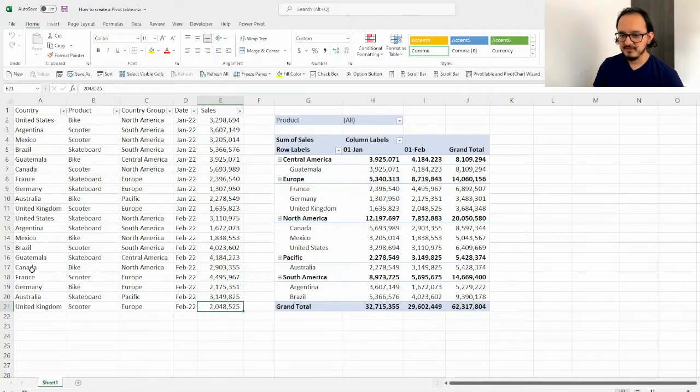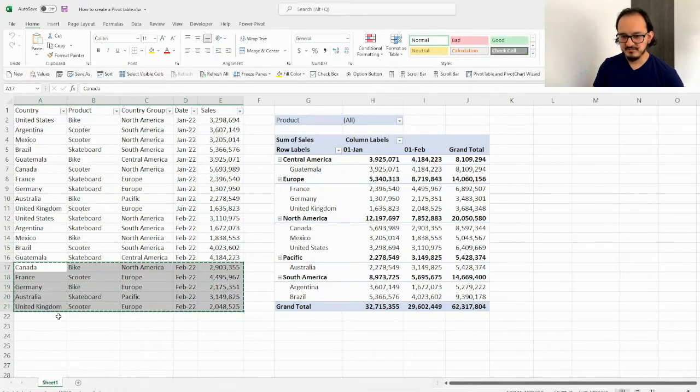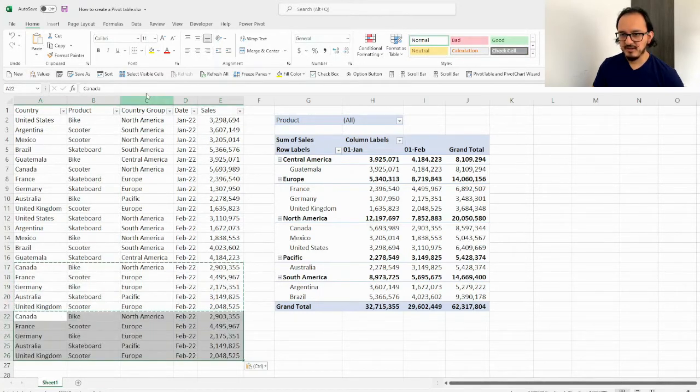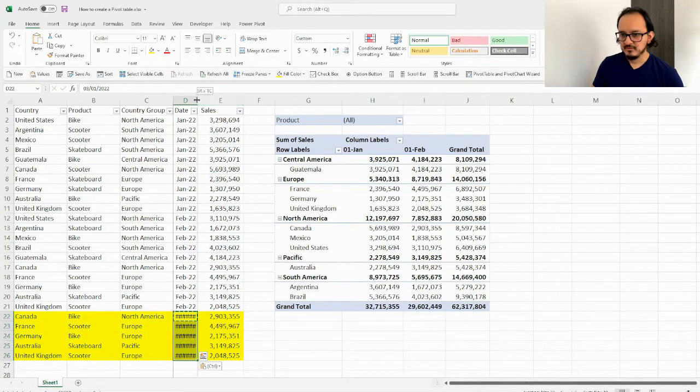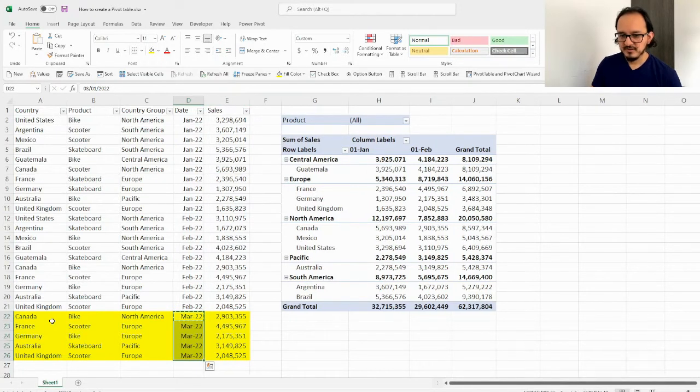So let's just copy this, for example, and I'm going to paste it here. I'm going to put them in yellow so that you can recognize that this is new data. And instead of February, I'm going to change it to March. Okay, there we go. So I have these new rows that are from March,